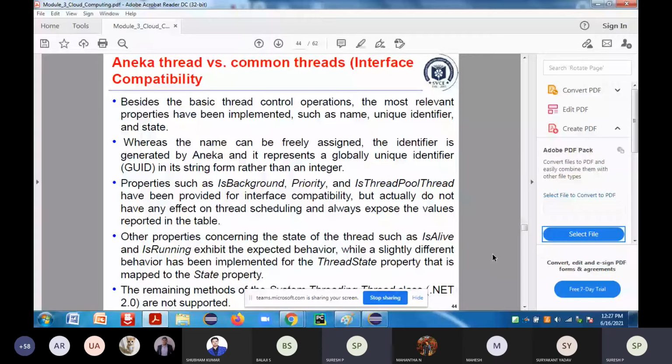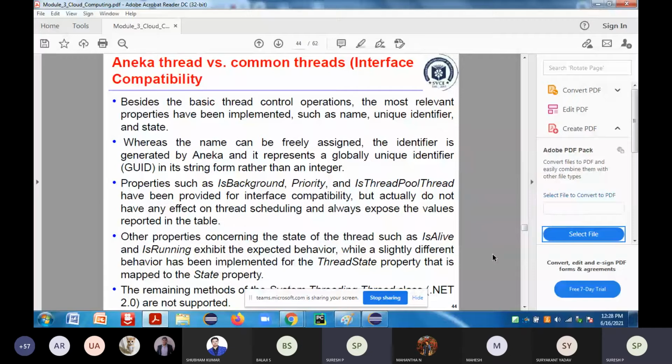The applications what you are going to run. If it is running inside a single machine only, then that particular single machine is going to share the same address space. Then we don't have any issue. But it is not the case with Aneka, because it is not going to share the same address space. If you talk about the normal thread, it is going to share the same address space. If you want to share the data also, it's going to have the shared memory, and in the shared memory, it is going to share that particular data, right? So that's what it is going to have.